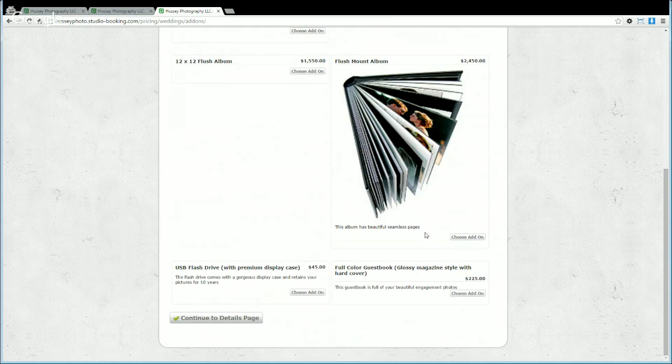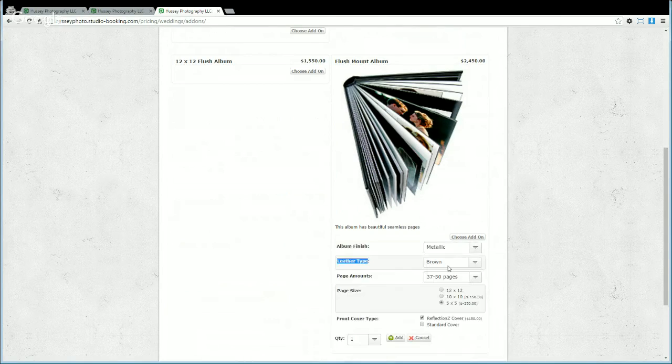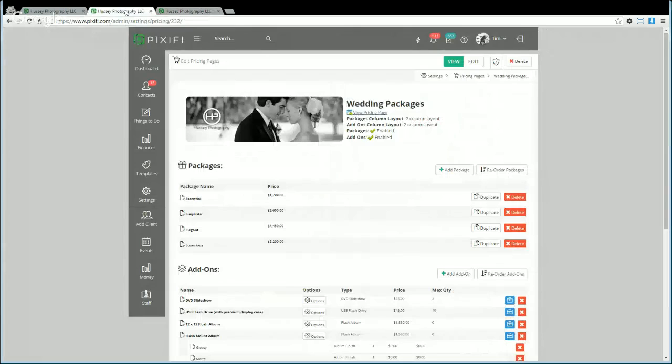And so that's kind of how the options work. I know that was one thing that a lot of people kept asking me, how do I set up these products, and what are these options, and so that's what it'll look like once you've set it all up. So that was just a pricing page, and I guess I should tell you the difference between a pricing page